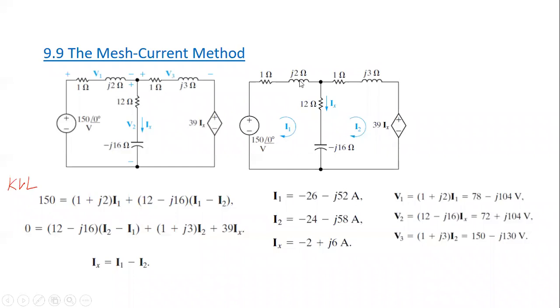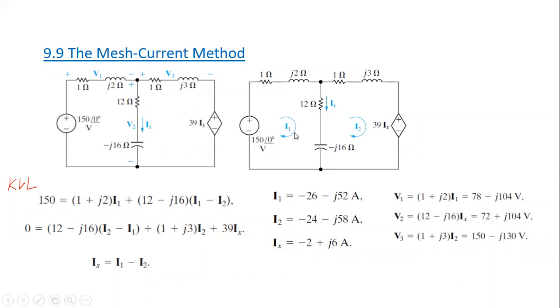The voltage across the passive elements, we will take it as voltage drop. And the voltage in each element is the product of the current and that element's impedance. So it will be I1 times 1, I1 times j2, I1 minus I2 times 12, and so on. So let's go, and we'll start with this